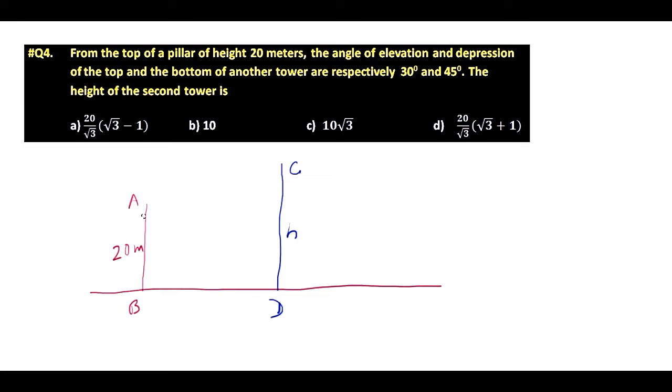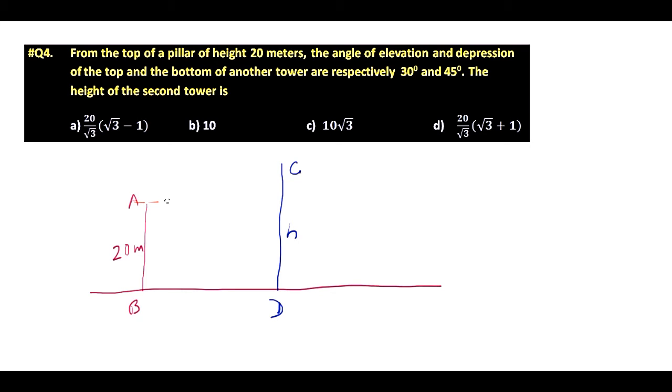So this height you have to find. Look, this is a very important part I am now going to explain. The important part is that when you are given the angle of depression and angle of elevation to be considered from a point not from the ground but from somewhere else,